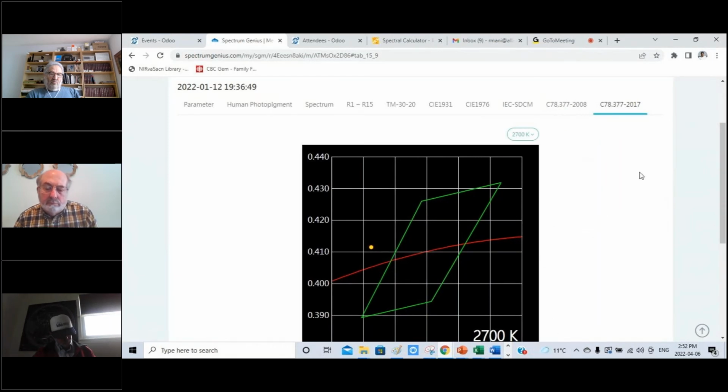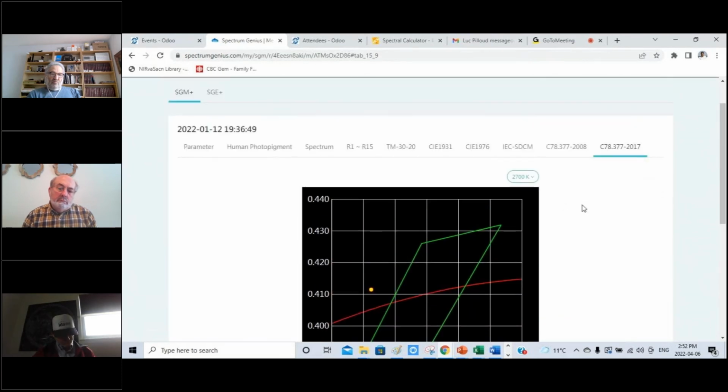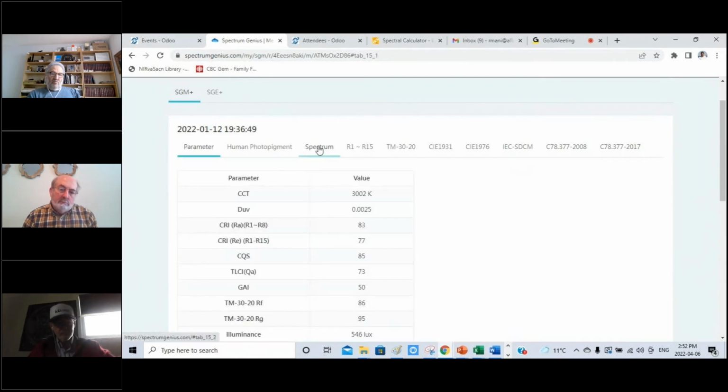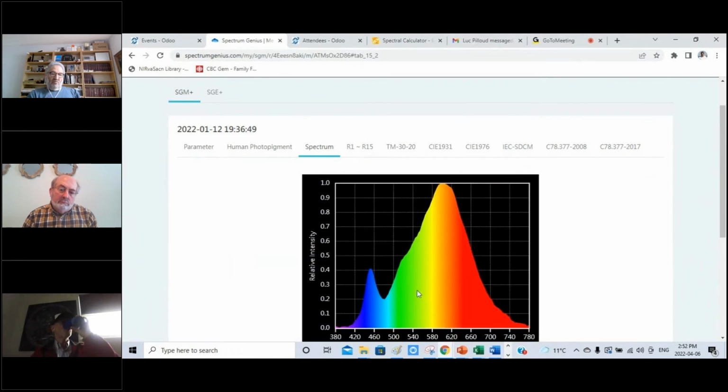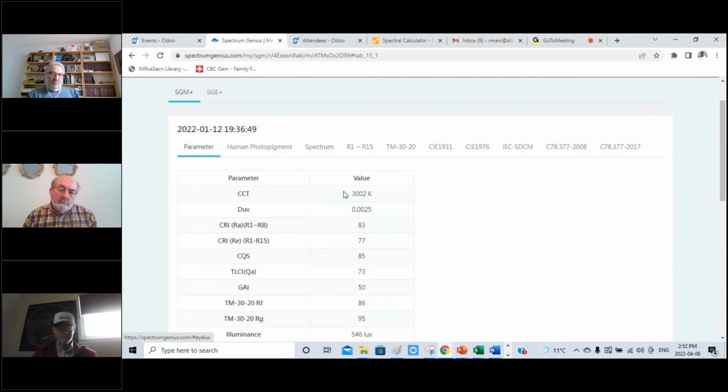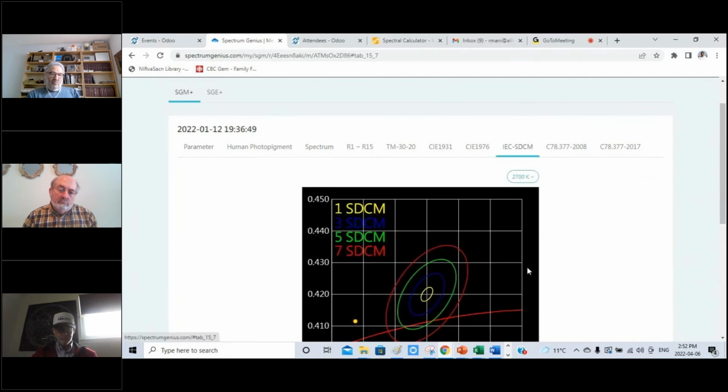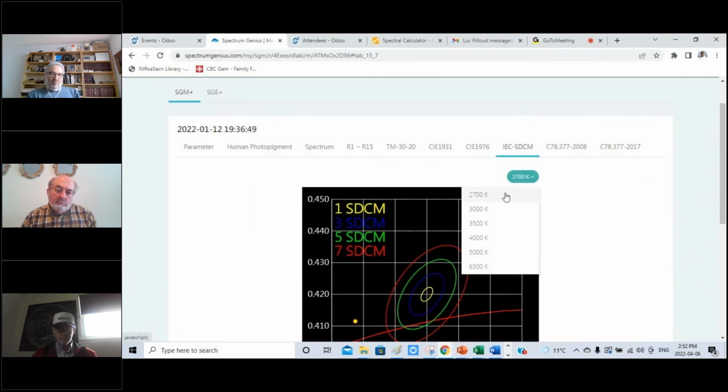And one thing I should also mention here is that for each light, if you're looking at the Sdcm plots, you need to adjust the color temperature. So if you look at this, what spectrum is it? First of all, this I can see from the spectrum. This is the warm LED. What is the color temperature? It's 3002 Kelvin. So when I go to the Sdcm plot, this drop-down menu would allow me to choose